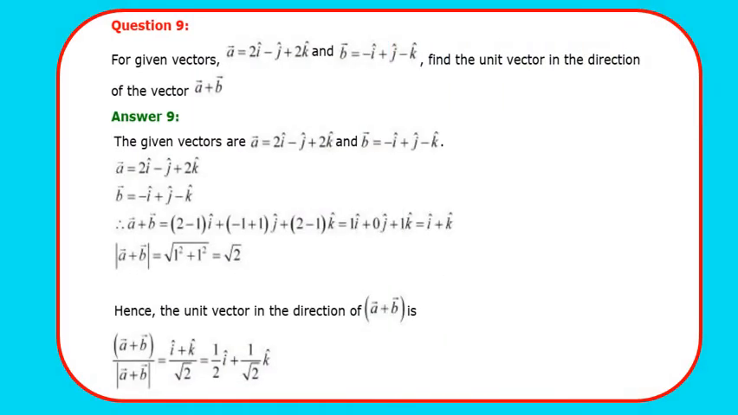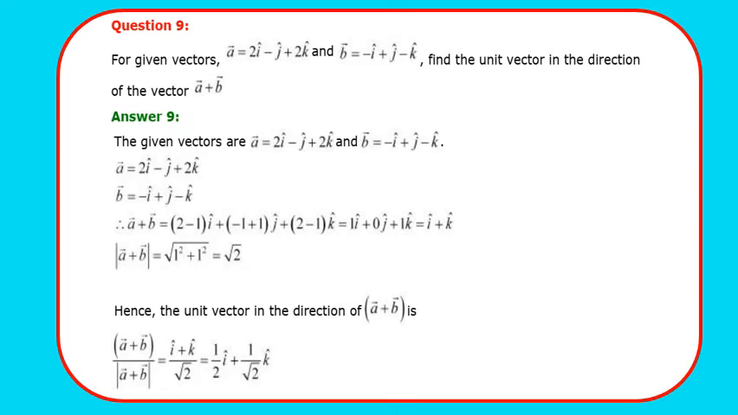Moving to question 9. For given vectors a, b, find the unit vector in the direction of a plus b. So we have to find the unit vector in the direction of a plus b. For that, first we need to find a plus b. So the vector a is equal to 2i minus j plus 2k, and vector b is equal to minus i